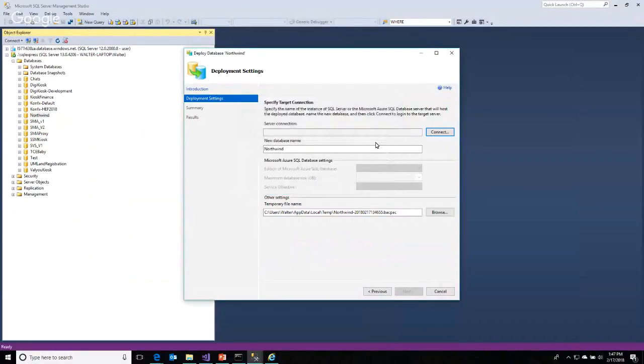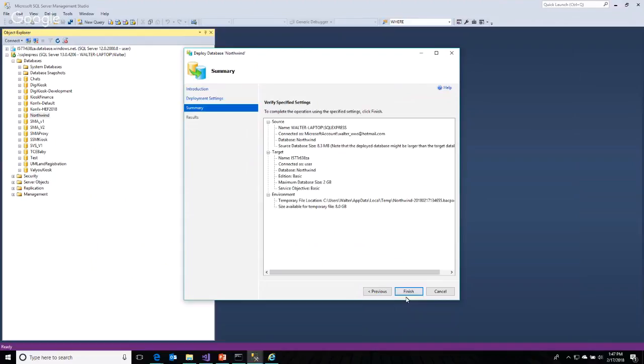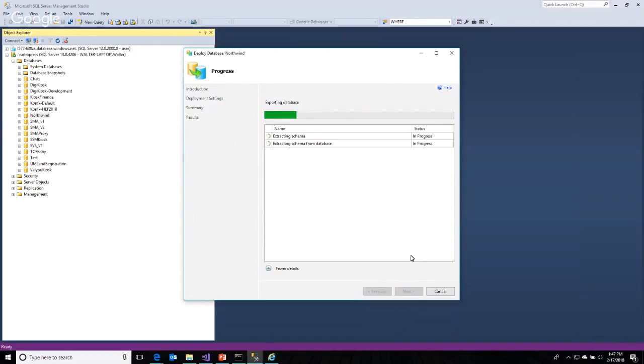Once I'm connected, I can select the plan I want. This is a demo, so I can just choose Basic, and I press next. In a few minutes' time, less than 5 minutes, the whole database will be deployed to the servers. So let's just press next and see how it goes. Right, I can press finish and I can let it run. So we can just wait for it to run, and go back to our slide. We'll come back to that later.